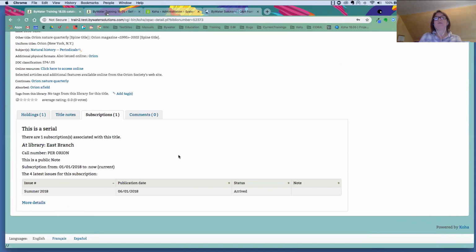Prior to 1805, there was a column for issue, received date, status, and note. Now we can have issue publication date, because sometimes when we receive serials at my library, maybe we didn't receive them as efficiently as we could have, or the librarian that received them was on vacation. So then it would show that although this is the June issue, we didn't receive it until August,